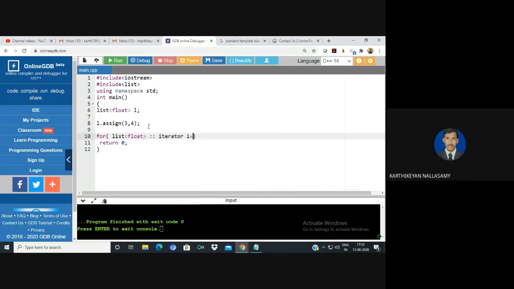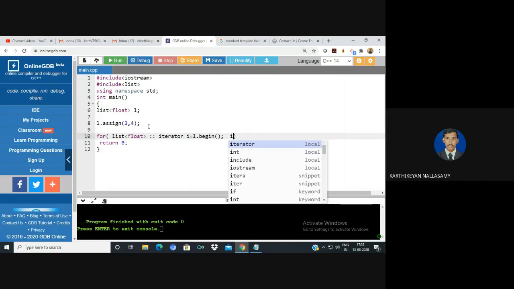Then you define an object and initialize it to the starting location, so you say it is begin. It always points to the starting location of your list. If you want to insert any value, we also need to use an iterator to move to the corresponding location and insert. Then the condition is i not equal to end of your list.